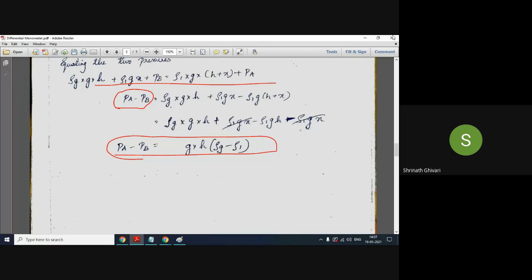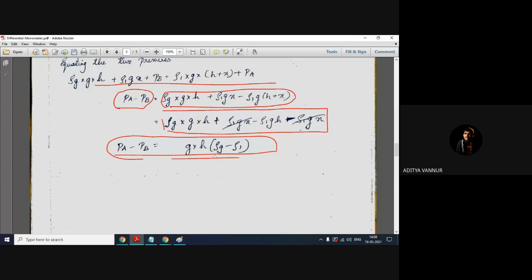So till this point you got PA minus PB. When you equate this, you take PA minus PB and send everything to this side. Then you simplify this. It is a basic simplification. It does not require any rocket science or differentiation or integration. It's a basic plus or minus simplification. You do it and you'll get the answer. Fine. Any doubts till now? No, sir.